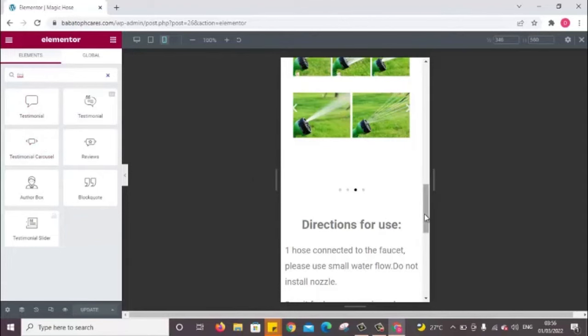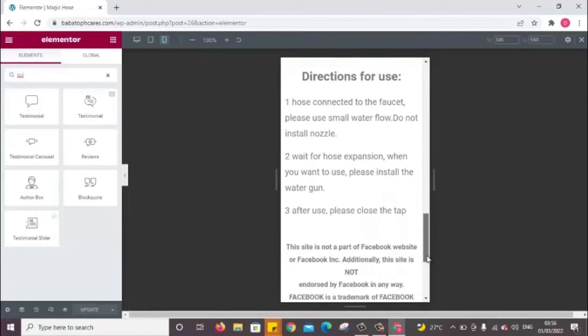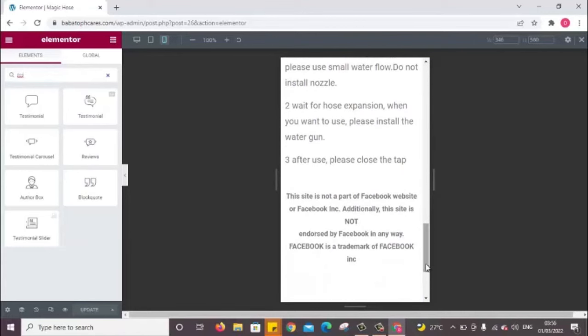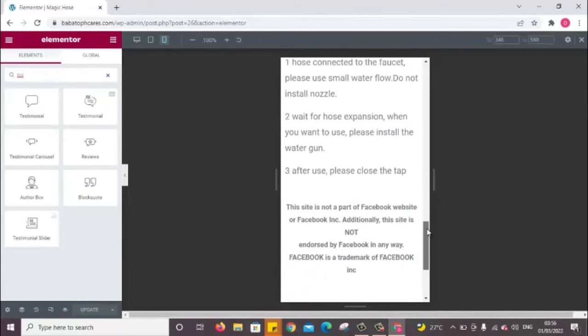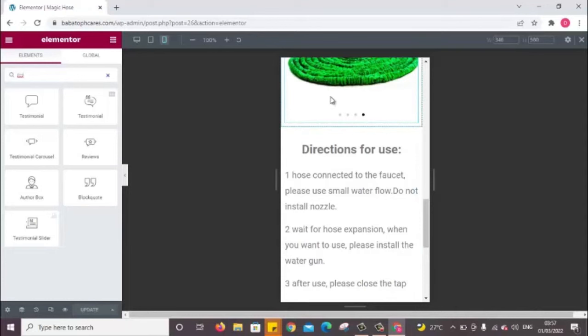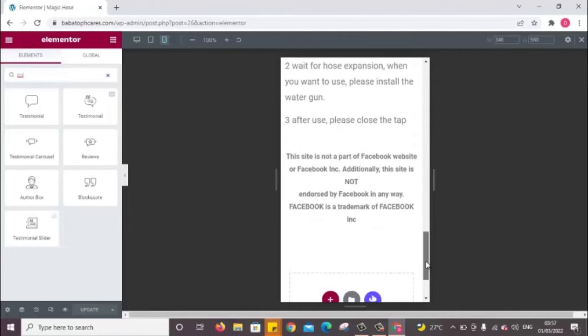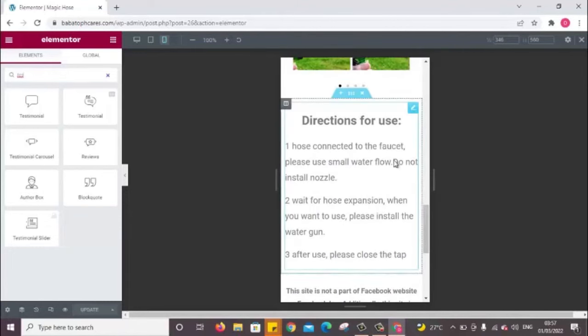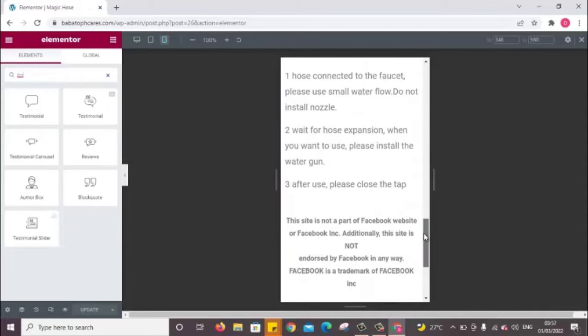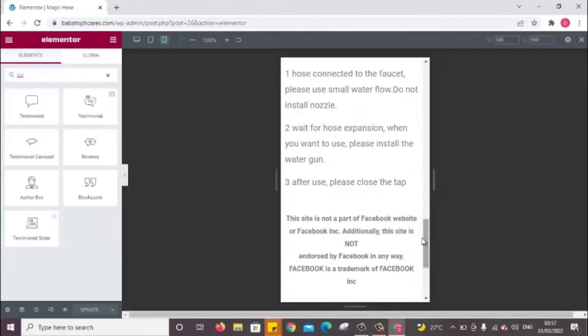So for me to pick testimonial, I first come here. Under normal condition, where will I put my testimonial? I'm thinking that it should be in between this picture and direction, or I put it after direction, but I feel like I should put it after direction. So let's see. If I want to put it after direction, I will just come here. Once I click on this